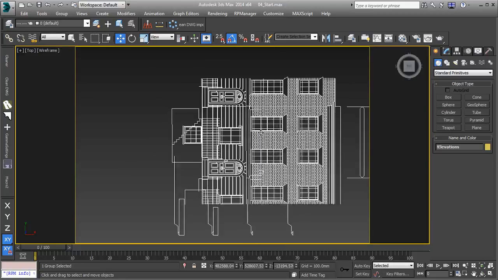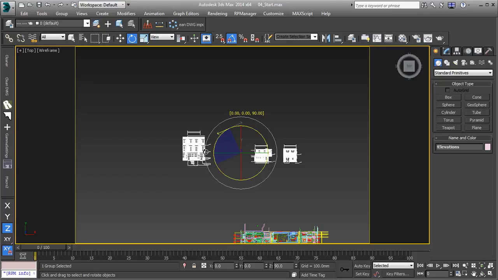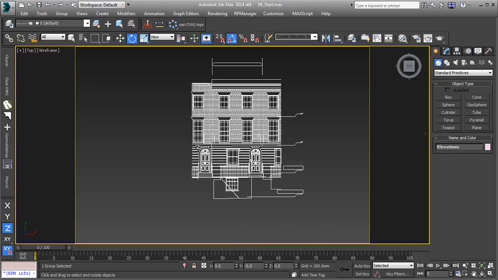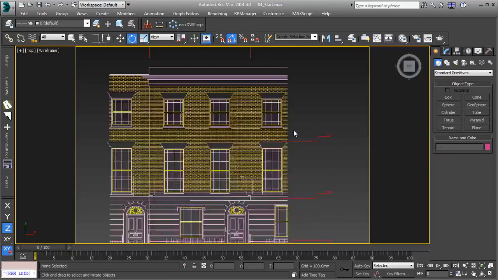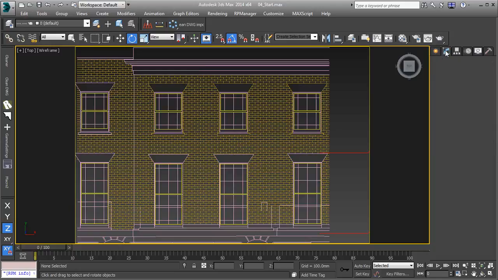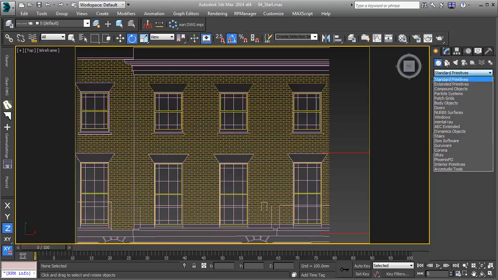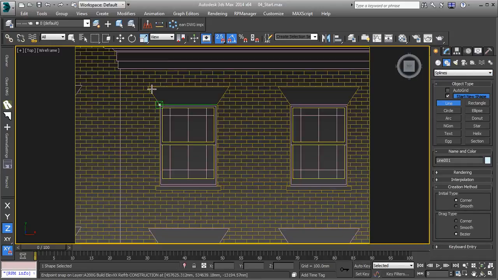What I'm going to do is start modelling with the front of the building. I'm just going to rotate this minus 90 degrees. Just zoom in there. Now, obviously we're not going to model every brick. It can be done. There are scripts and things that can do that. You can array bricks or use a good floor generator script. I know that's quite a common thing to use when doing planks and things like that. It's also good for bricks. So that's one way to do it, but all I'm going to do initially is just do it with splines and extrusions. So I'm just going to start by tracing